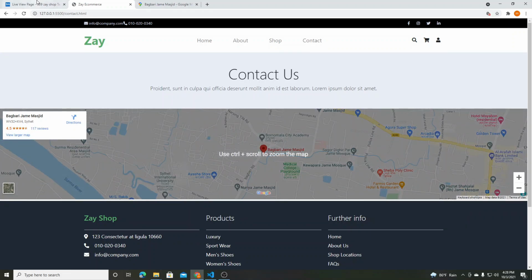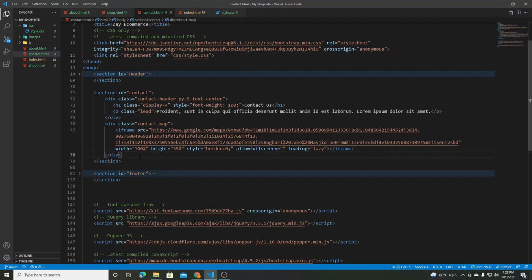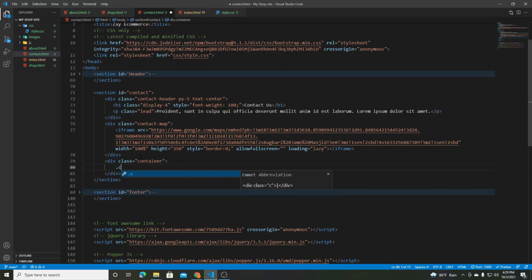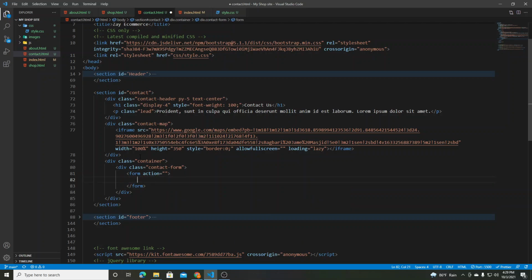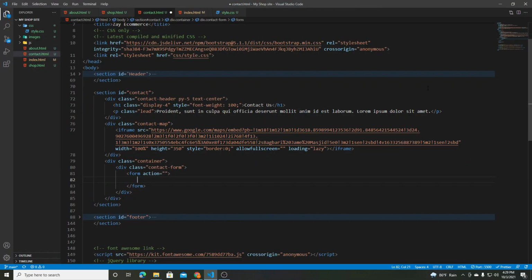Now next we need this form. To create this form, I'm gonna take a div called container. Inside container, I'm gonna take a div called contact-form. Inside that contact form, I'm gonna take form, and first of all, we need these two columns for these two inputs, name and email. So I'm gonna take a row,